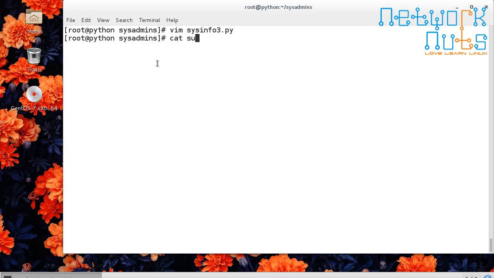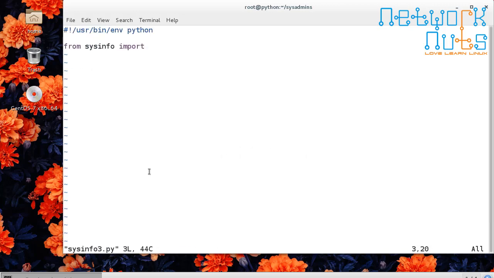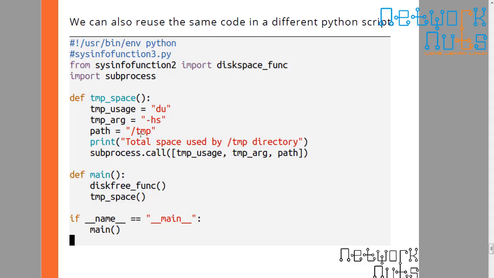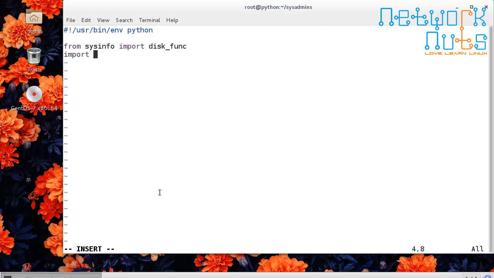cat sysinfo.py. The name of the function was, in my case, disk_function. Okay, so I'll be calling this. And click here, disk_function. This is how it is to be done, right? Imported the function, and obviously I need to import the subprocess, the main library. Import subprocess, and then I will create one more function, define disk_of_temp, like this, anything, and then create